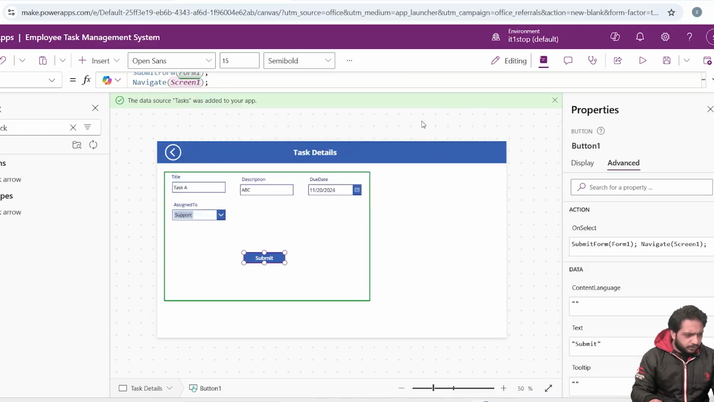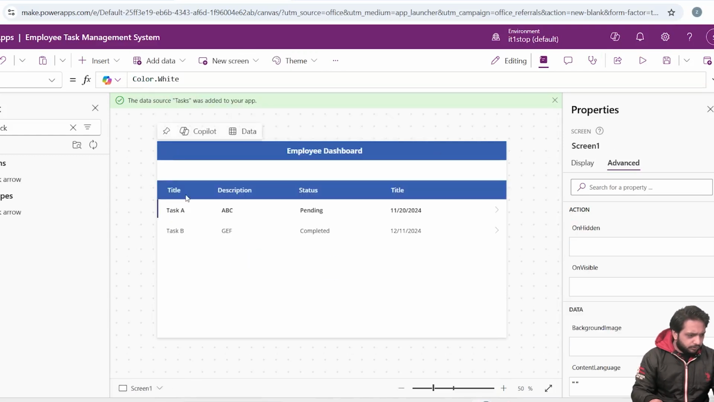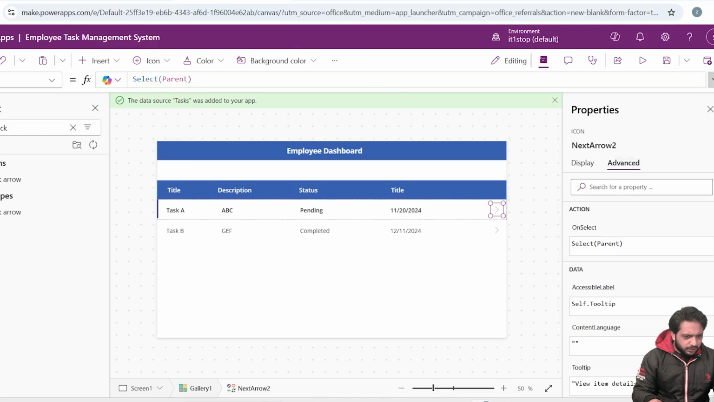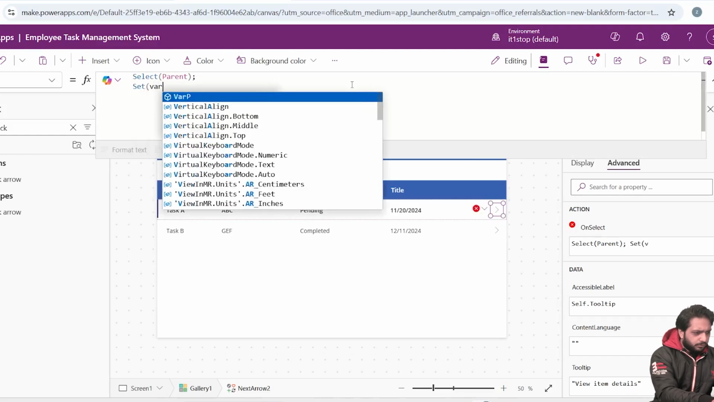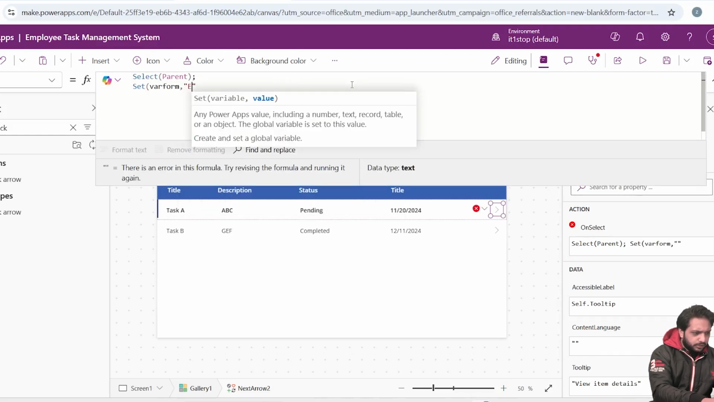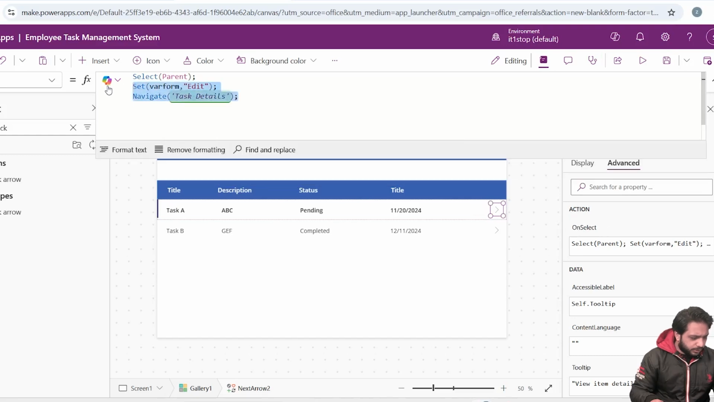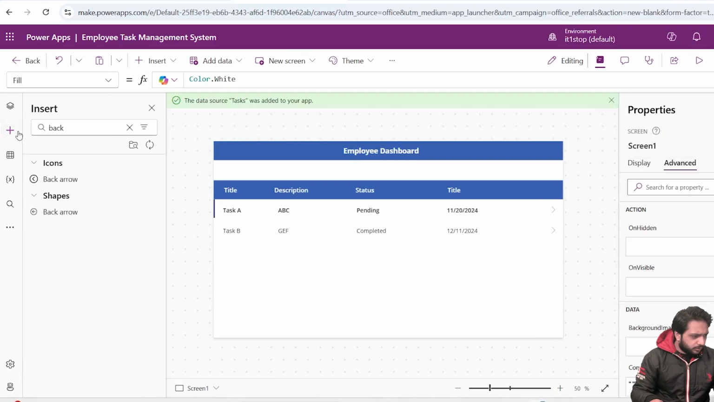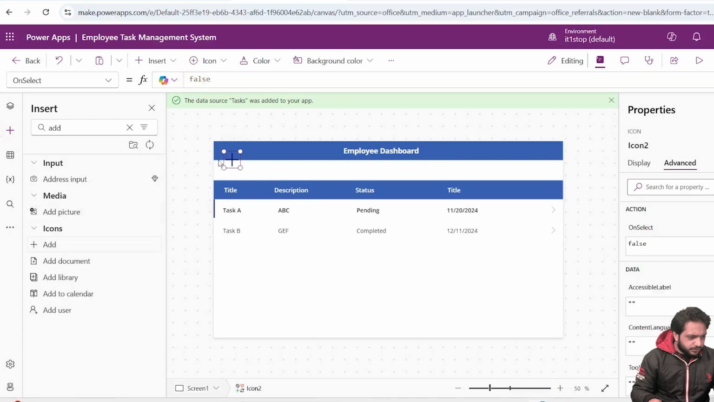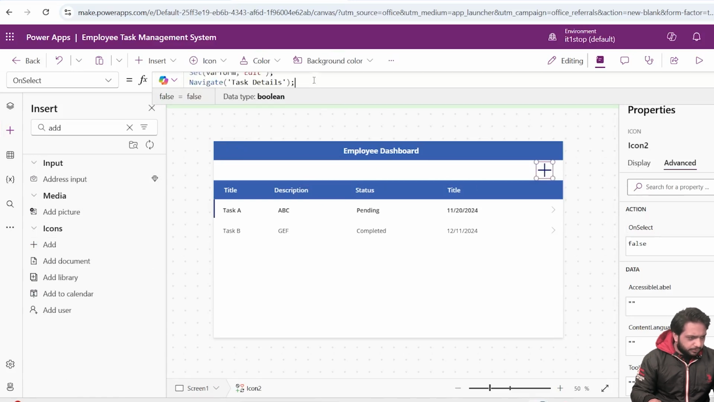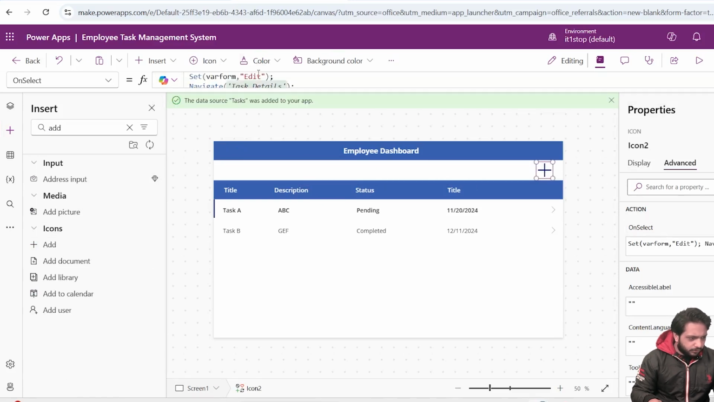Now we need to set our form mode. So first I will go back, and here in the advanced section I will set where form as a variable is edit, and then navigate to our task details. I will simply copy that and I will add an icon. So I will write add, and here I will select my icon. I will simply place it here, and on select I will paste my action, and instead of edit it will